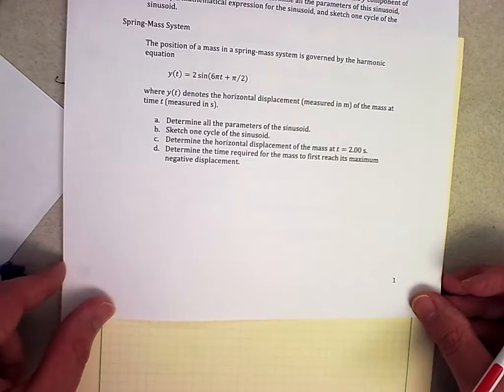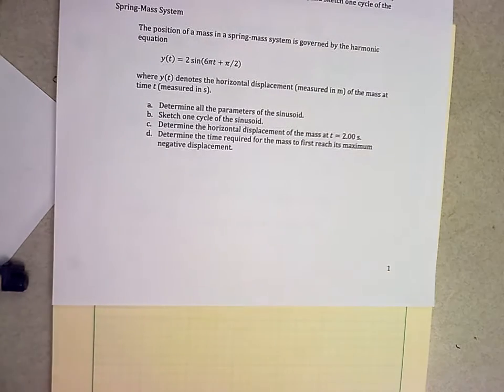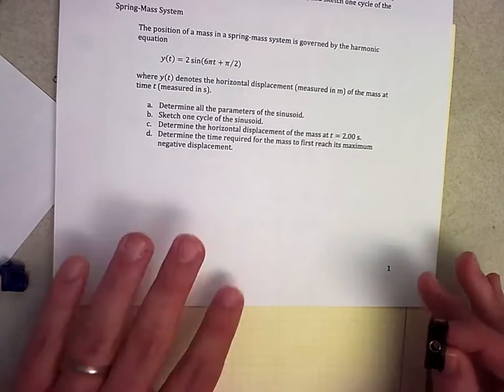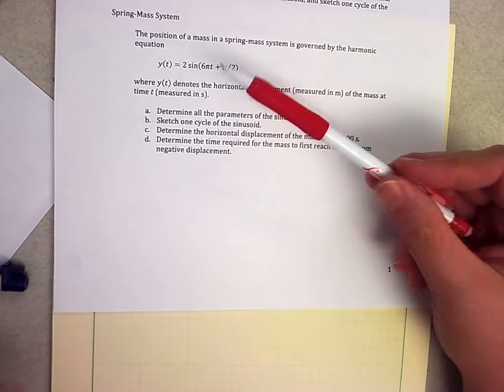Okay, so we continue on with our applications of sinusoids, and we have our first example really set up. We've done the one-link planar robot, which really just got us an idea of how the parameters work. But to get the spring mass system, it is governed by the harmonic equation. Whenever we see harmonic, we're thinking sinusoids. So the harmonic equation, y of t is 2 sine